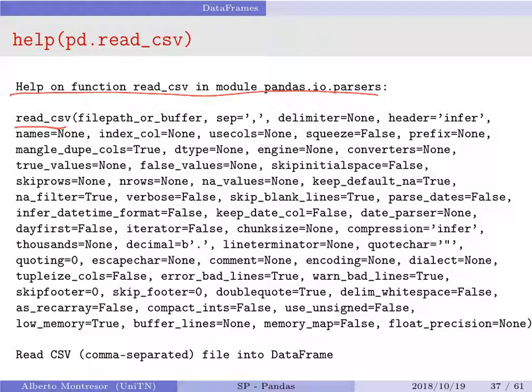For example, you can say the number of rows that you want to read, because maybe you don't want to read all of them. You can specify, this is really useful, the separator. The values that you see here are default values, which means that normally the separator is a comma, because it's a comma separated file. But if you want to use a tab, then you specify a separator \t. Okay, you can say what is the delimiter,